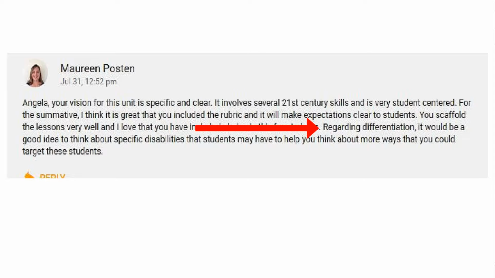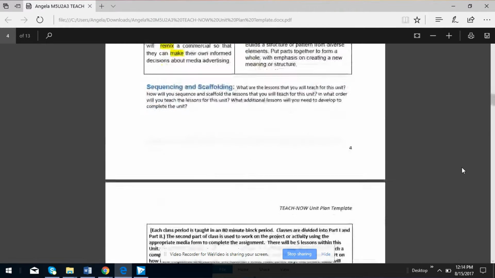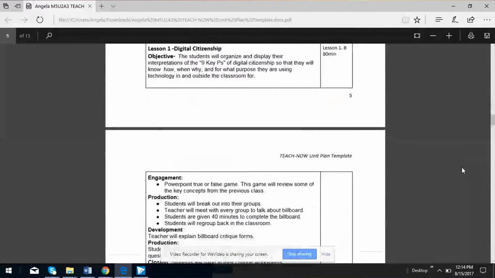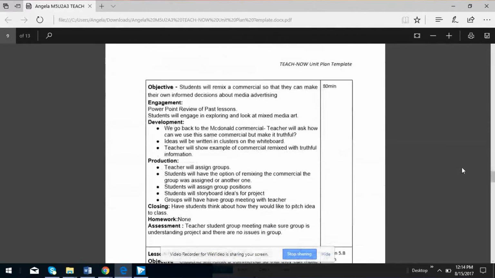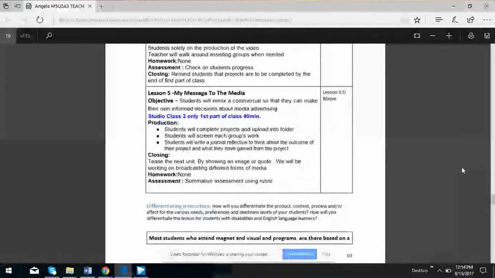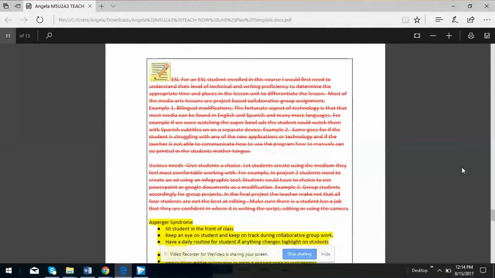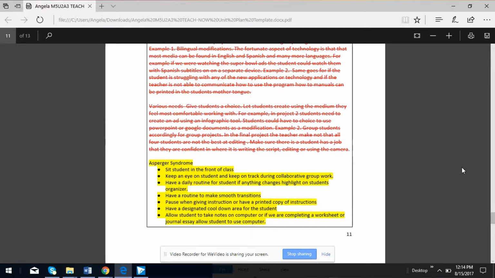All right, so I'm going to go through my lesson plan and scroll down here. I was pretty happy with everything else, how I unpacked the standard, how I was able to sequence. I didn't change anything here, but I'll talk later about some other ideas that I did write on my lesson. So I thought that was solid. I did cross off this part because it just wasn't enough ESL and various needs. It wasn't specific enough. So I went ahead and took the chart that was in